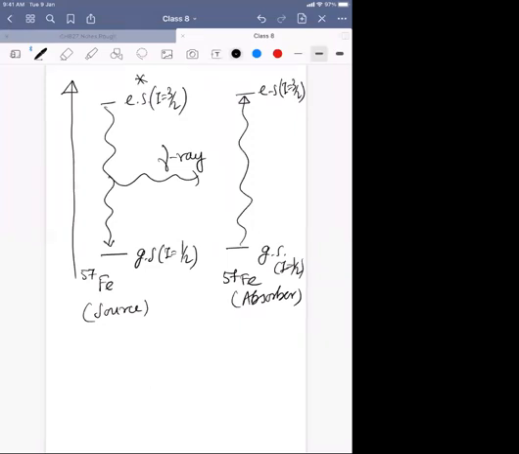Now what I'm saying is, there is an electron density around it, and due to that the ground state changes over here and the excited state changes over here. So now the energy gap, is it going to be the same? It is not the same, right? The energy gap of the source and the energy gap of the absorber are not going to be the same. So it is not going to resonate. I have to create some differences so that it is going to get absorbed.